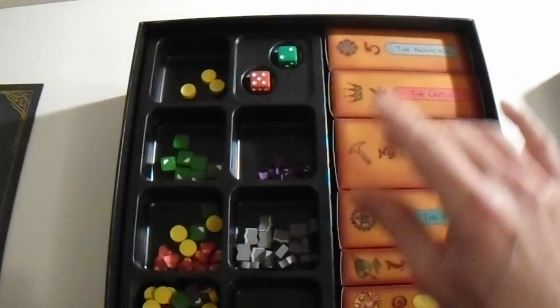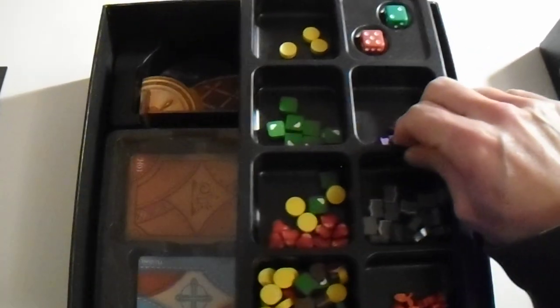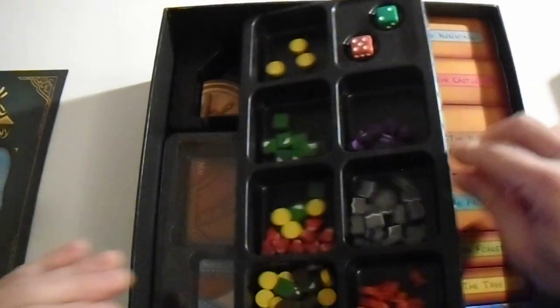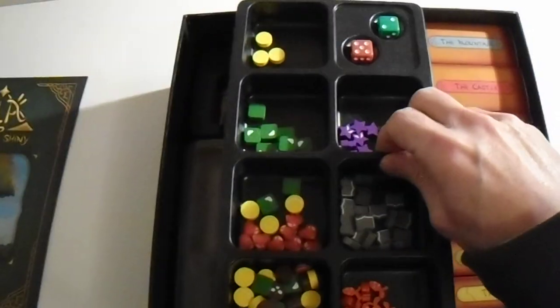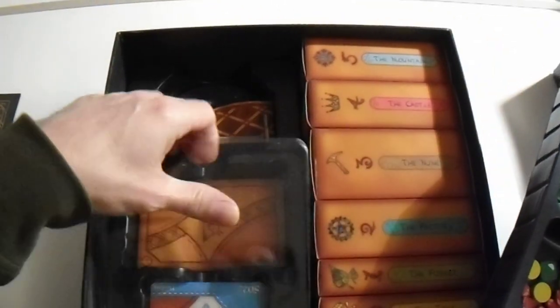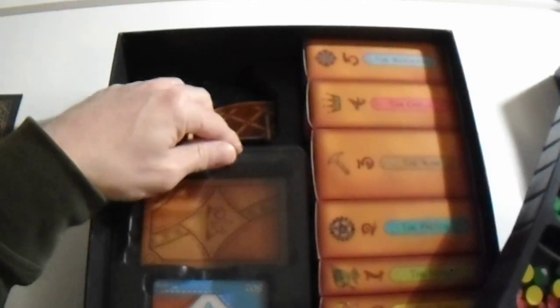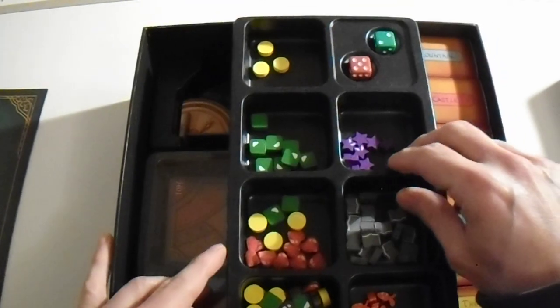Now we go to the bad part that I found. That this insert does not have a cover. It's not that the seller forgot the cover. It's just never created. And as you can see, the cover of the things below keeps them in place, but this is never kept in place. As you can see,